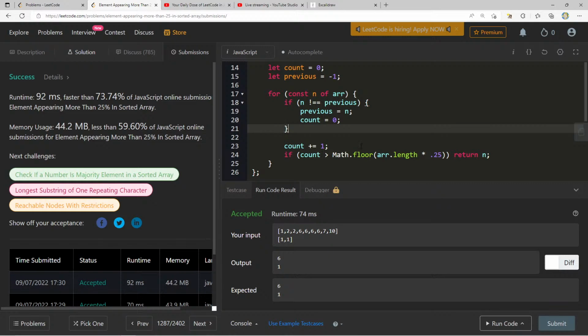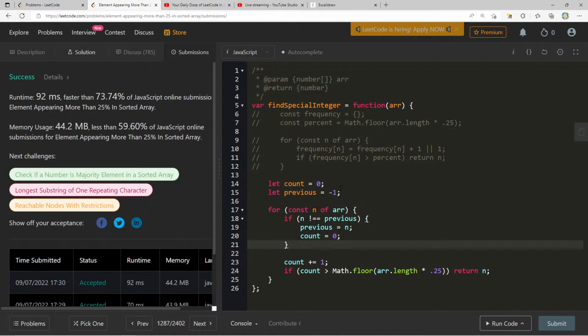That's very cool. I'm glad that we were able to go through that and we saw the improvement here. So in the previous algorithm, we're having to keep track of the frequency, so the space complexity is n, and the time is also linear, n. Here, however, our time complexity is still n, but our space has been reduced to constant space complexity.